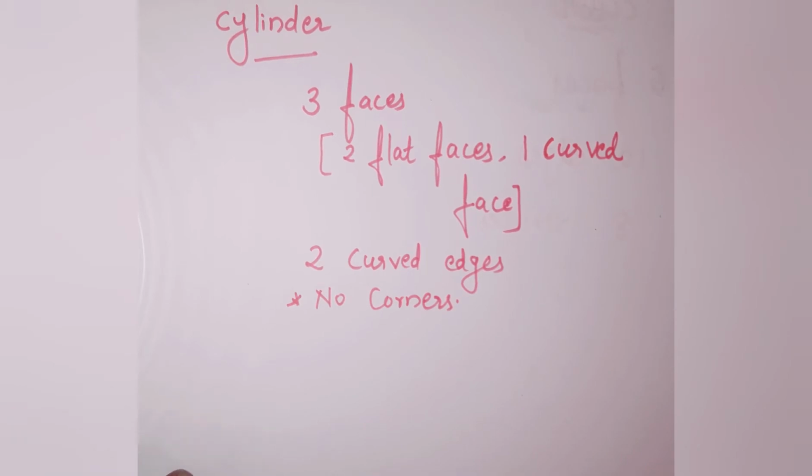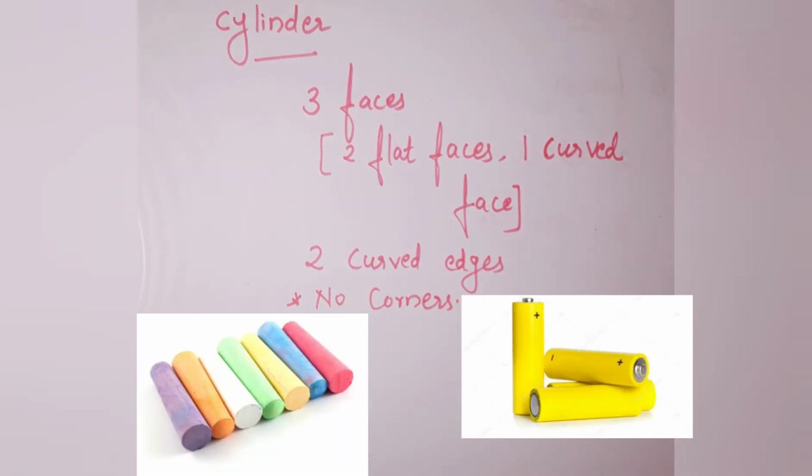What are the examples for a cylinder? I said you water bottle. Water bottle is the best example. Then water tank. A full chalk piece, a new chalk piece. When you take it, you can see a full chalk piece. Then you can see a candle. When you take a new candle, its shape is also cylindrical. Gas cylinder is the best example for cylinder. Gas cylinder, water bottles, new chalk piece, candle, these all, and new pencil.